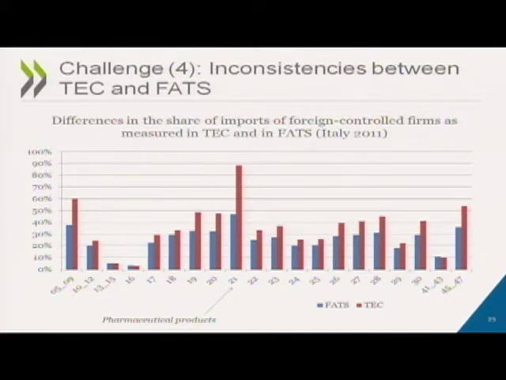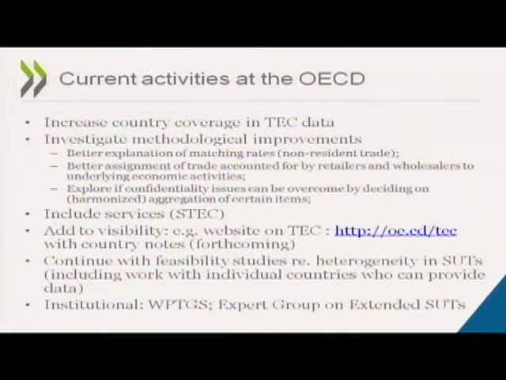Industry 21, just in case you were wondering, is this really big industry of pharmaceutical products. So clearly, these are very interesting types of work, but they also highlight that we have a lot of challenges ahead of us in harmonizing the statistics or the raw data that we have available within our statistical offices in order to come up with what we call this integrated or harmonized accounting system or framework, where all these numbers should add up and should be the same in many cases, so that they can actually be used to produce this